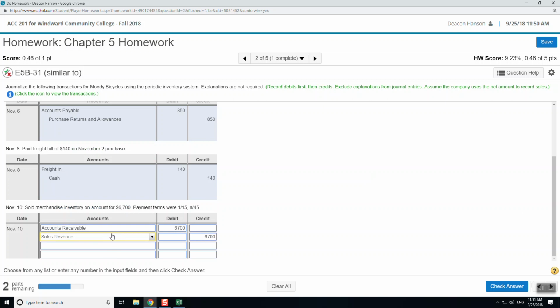They don't have to say service revenue. So it's really not the title of the account, it's what that account is doing. And this account is keeping track of our revenue from selling the merchandise. So it says we sold this merchandise inventory on account